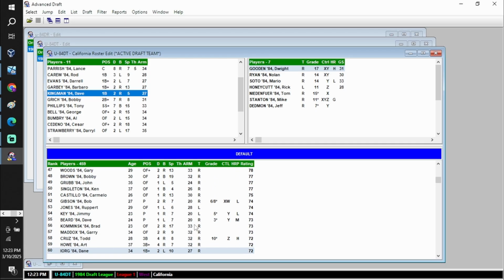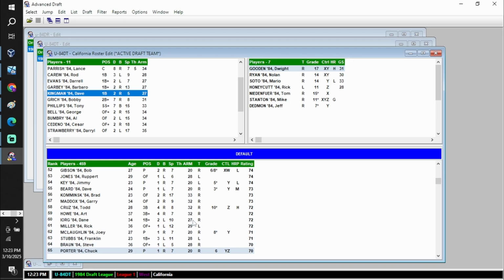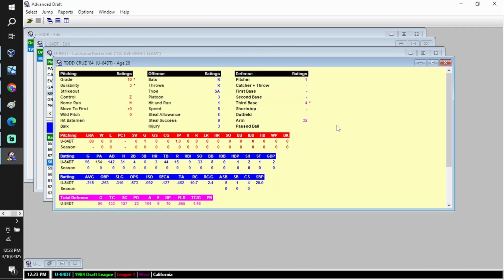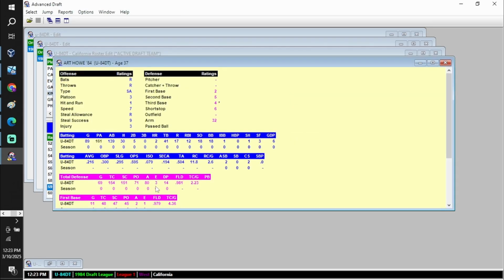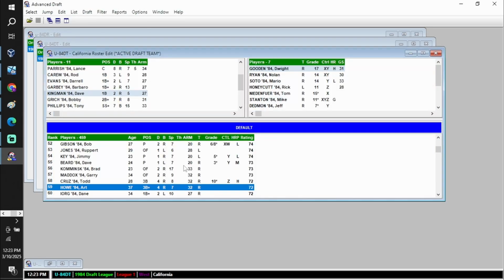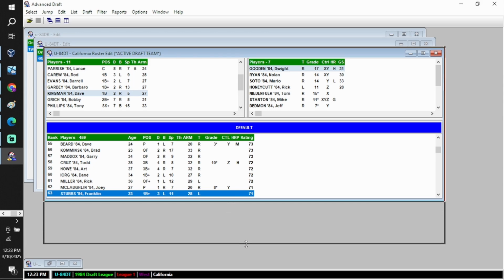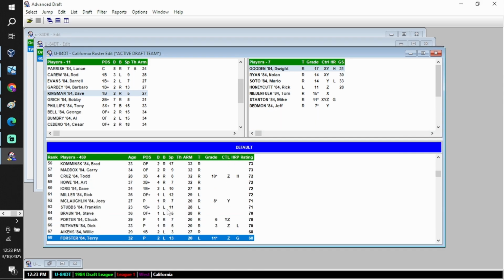So I might have shot myself in the proverbial foot here. Todd Cruz, Art Howe. This isn't looking too good here. Art Howe, 216. This is looking a bit rough. And there might be some of these guys with a multi-positional, but yeah, I think I'm going to have to scramble here. Brad Wellman, I mean,